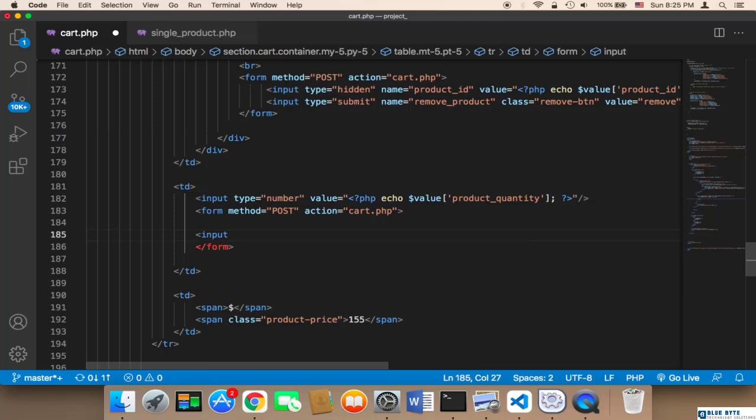One input I'm going to give a class called edit button, edit btn, and the value is edit, and also we need a name. The name is edit_quantity. And we need another input which is the product ID. Input, first the type, the type is hidden, and the name is product ID,